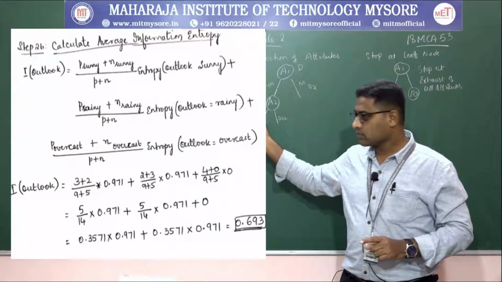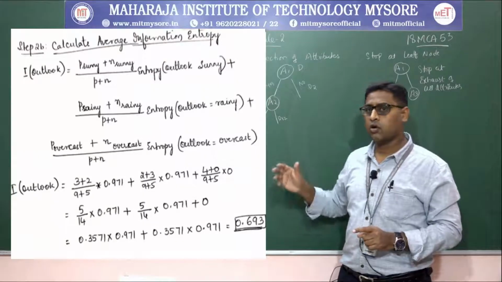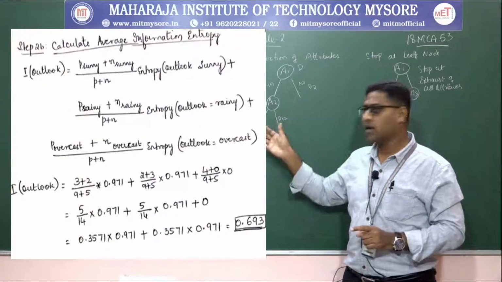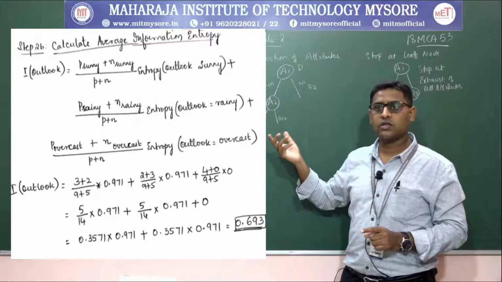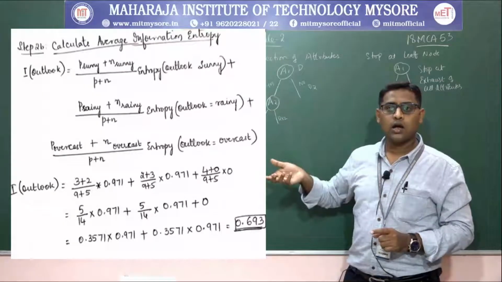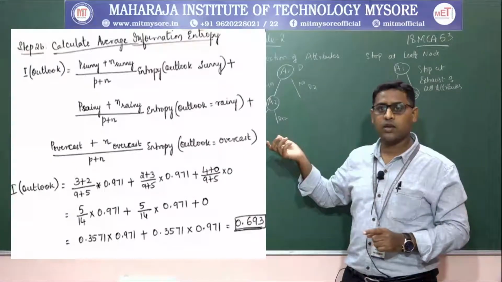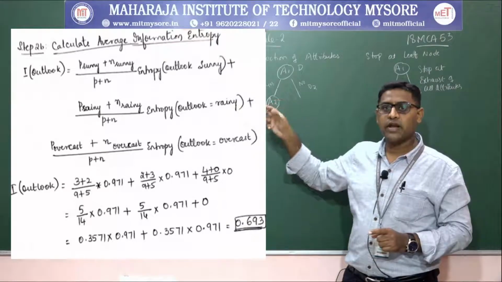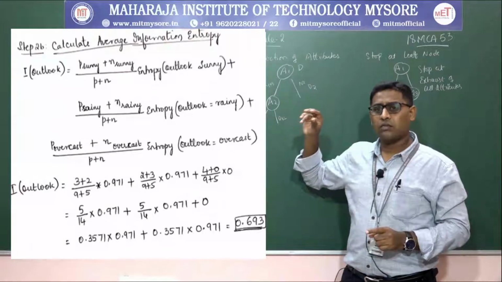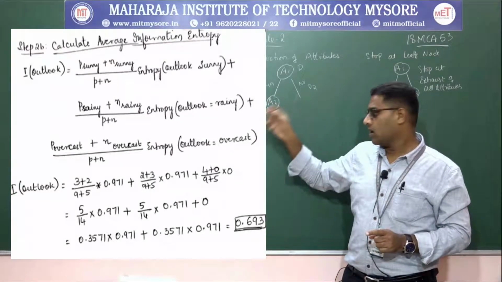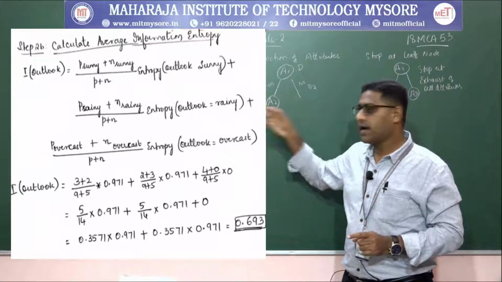So this is the formula for calculating the average information entropy for the outlook, that is P of sunny plus N of sunny by P plus N, the positive values of sunny plus the negative values of sunny by P plus N, that is the total positive and negative values of the data set. The total positive and negative values of the data set is 9 plus 5, that is 14. Only for sunny, the positive and negative values are 3 and 2, right? Those things you need to substitute there. Similarly you need to compute it for rainy and overcast.